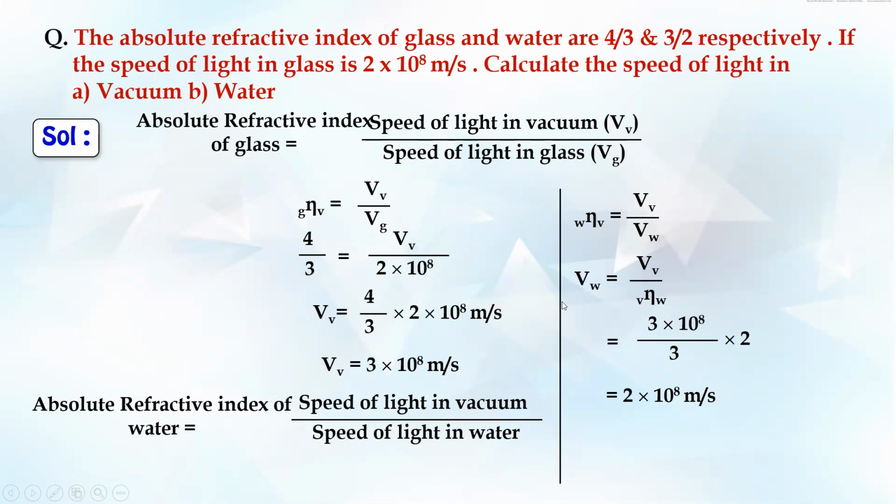So in this case, you have to calculate the speed of light in water for this. So same formula will come back, refractive index of water with respect to vacuum or the absolute refractive index, which is VV upon VW. From this, I know the value of this refractive index, 3/2, right? Its value 3/2 is known. I know the value of this from here. So I will get its value then, just cross multiplying here and there. So get the value as 2 into 10 raised to 8 meter per second. That's how it has to be done. Next one.